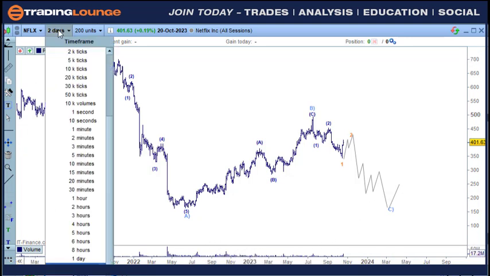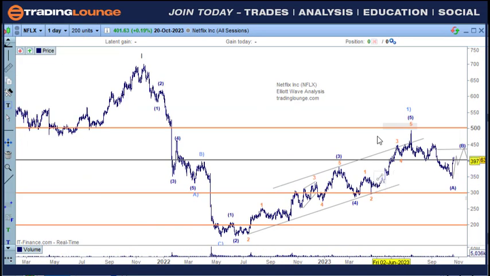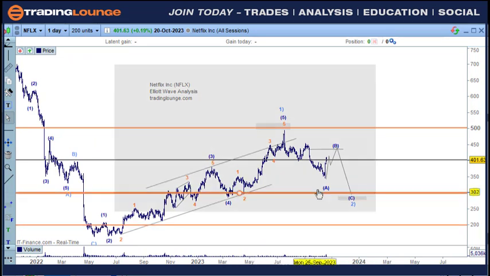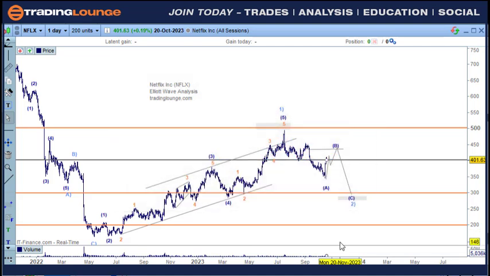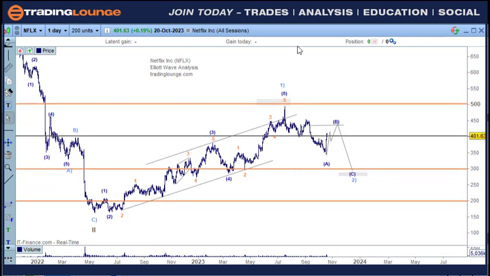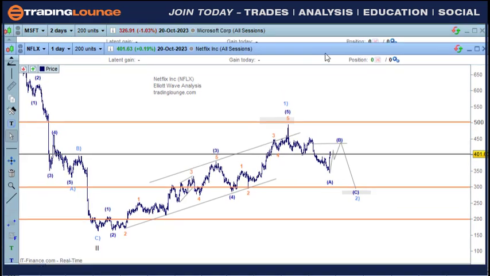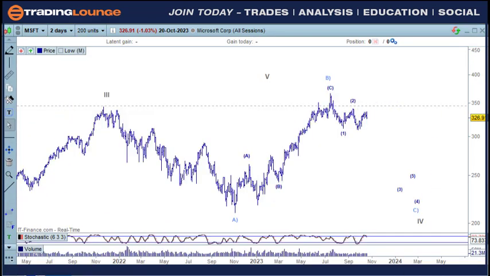And the bullish count would be having a B wave over here and then a C wave down to this point. So nothing to do here on this one yet. Could probably be ready to trade long tomorrow. And Microsoft,